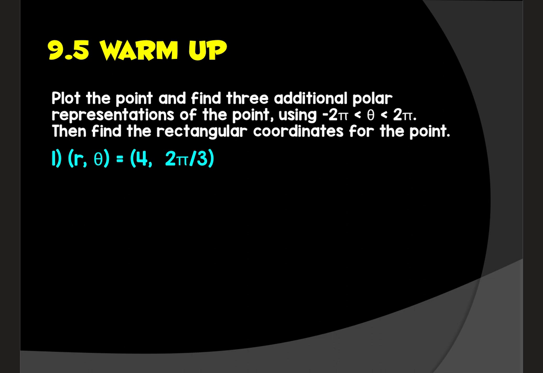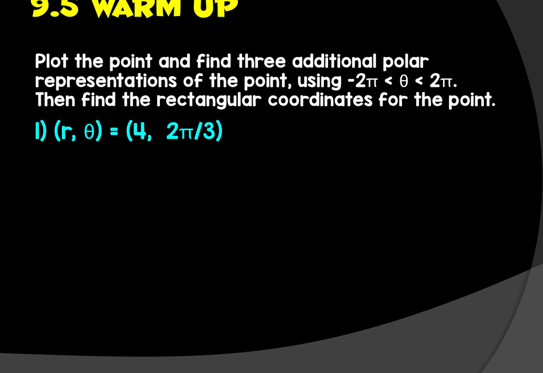All right, it says plot the point and find 3 additional polar representations of the point using negative 2 pi to positive 2 pi, then find the rectangular coordinates for the point. So the first thing I'm going to do is actually plot my point. So I'm going to bring in